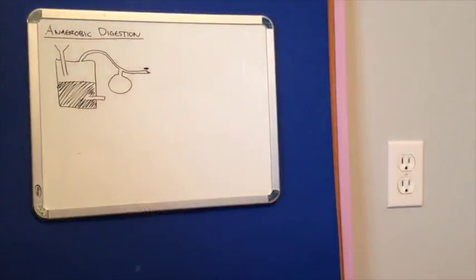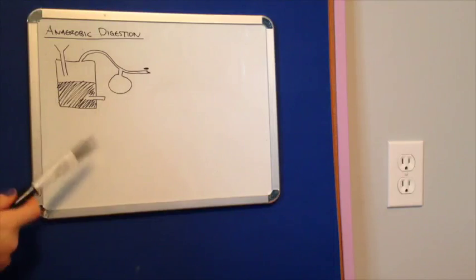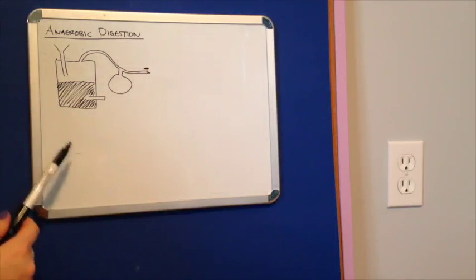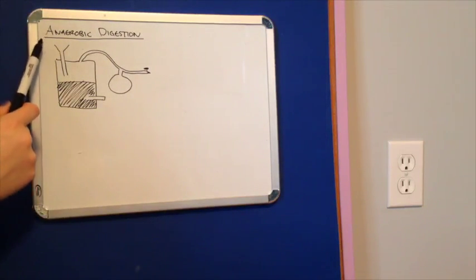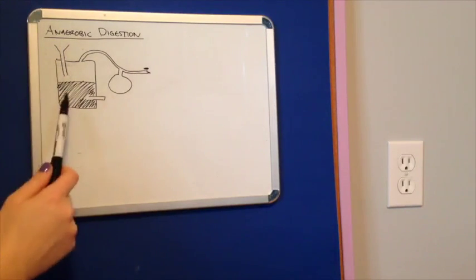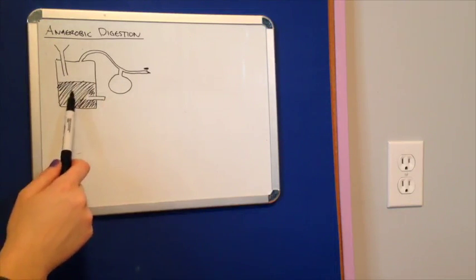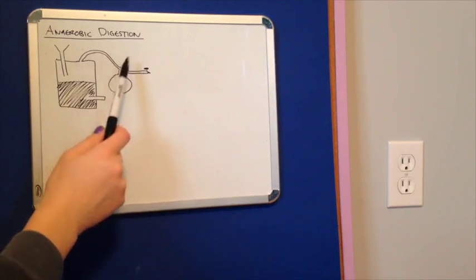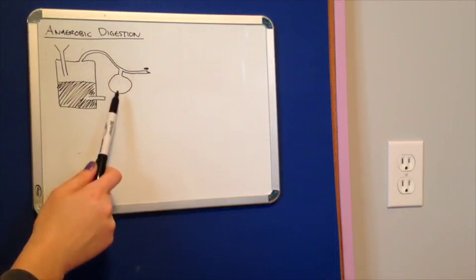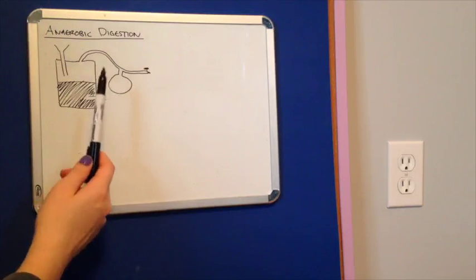An anaerobic digester works by processing biological waste in the absence of air. So anaerobic means without air, so this entire apparatus has to be airtight in order to achieve maximum methane production. First, you put the agricultural waste mixed with water in the intake valve, where it settles into the container. Then the bacteria in the waste produce methane, which is then captured through this tube and into the collection system, which can be as simple as a balloon or as complex as a giant tank filled with compressed natural